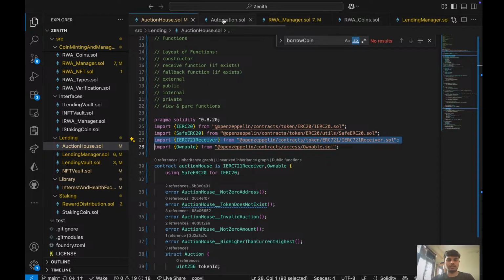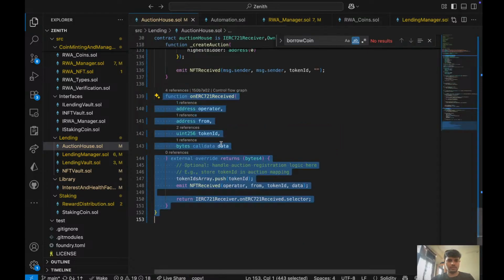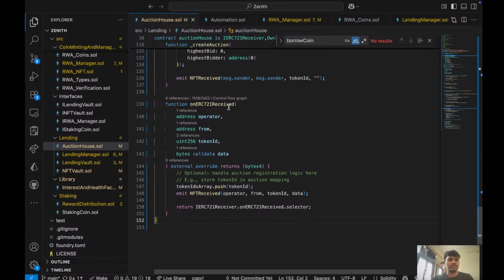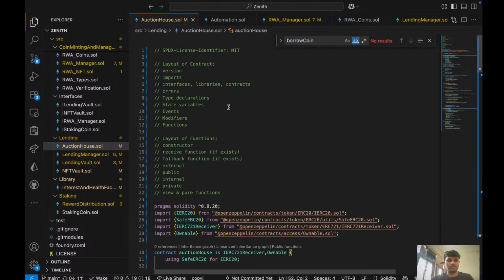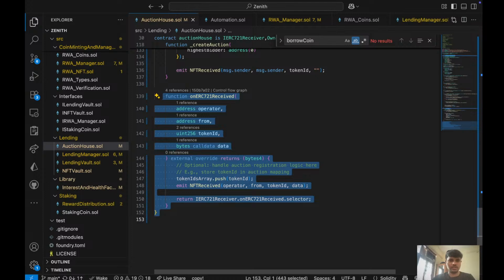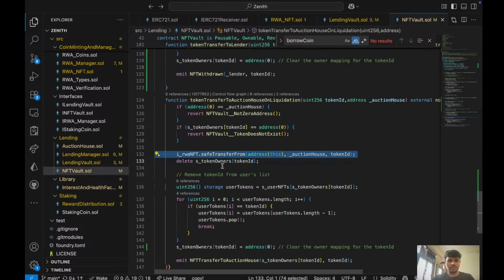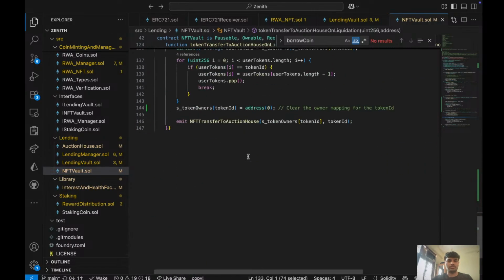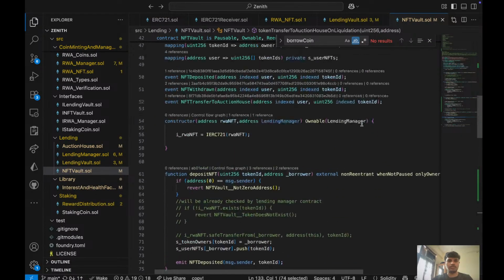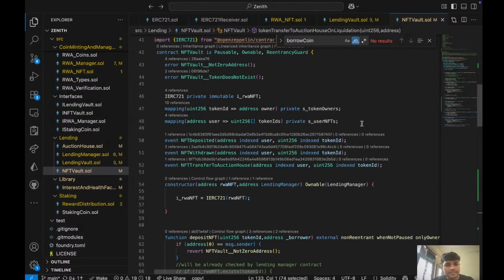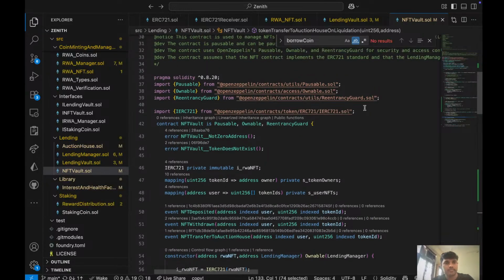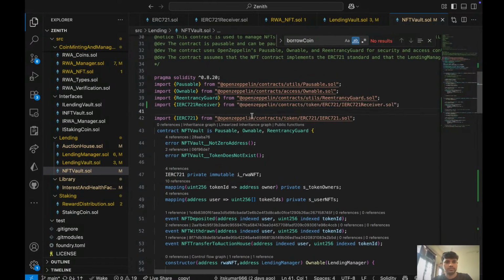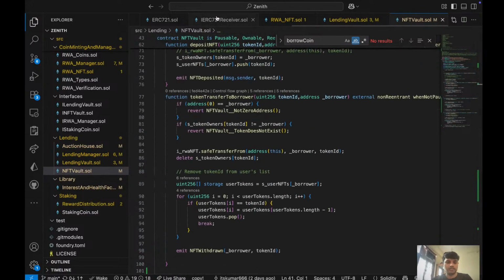Command C. Oh, there is already a receiver in my... there's nothing here, what the hell? They have to implement the